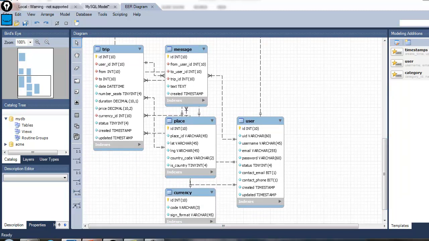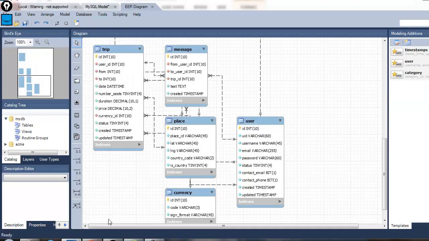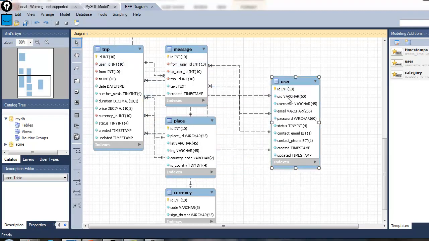Let's go back to our first requirement. Every traveler, meaning user, can register on the website using her email address. Once registered, the user should verify her email address, meaning two states, verified and unverified, and two additional properties: contact email and contact phone number. When we take a look at the database and locate the user entity, we can see that